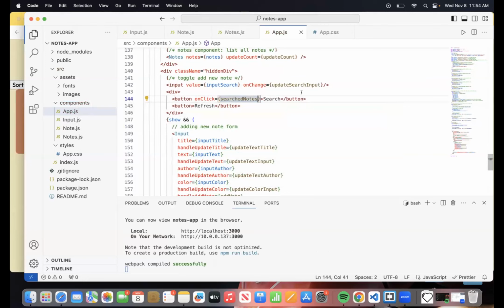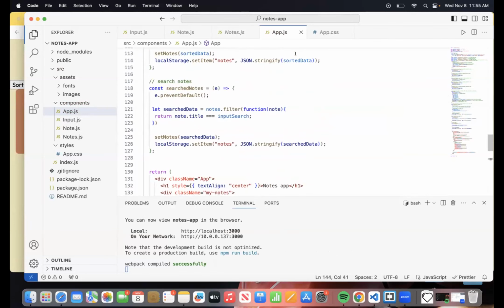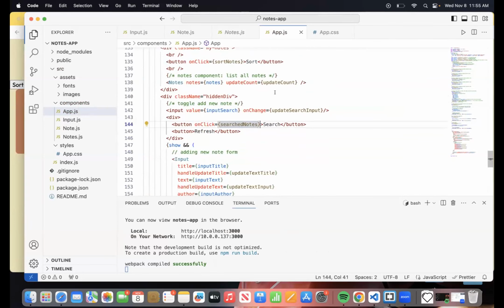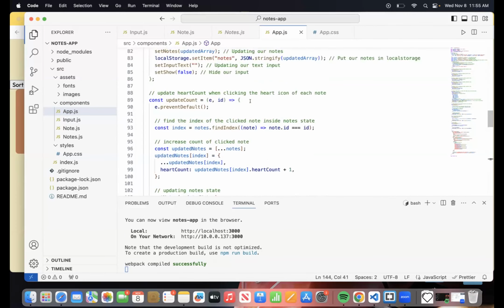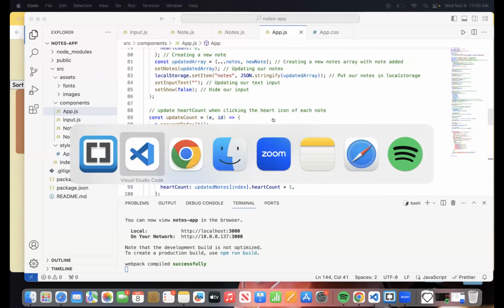So on click, it's gonna pass in or call this function from the previous parts of the code. All right, but there's one thing though, let me see if it works first.